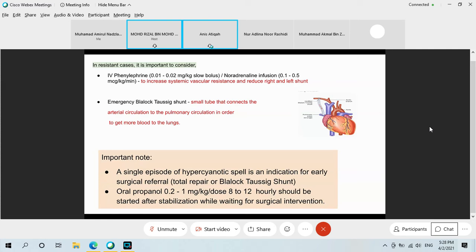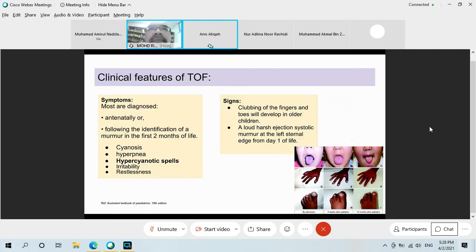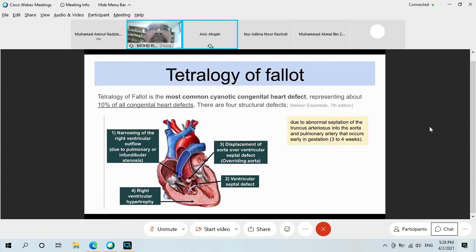Okay, any questions? Go to the first slide. Any questions? Semua faham? Okay, so I think